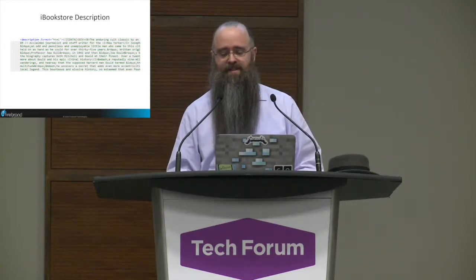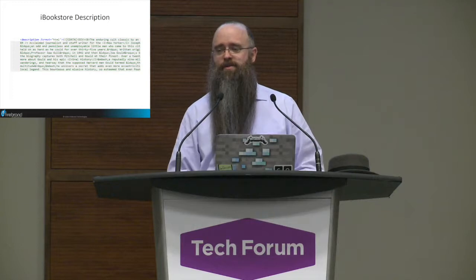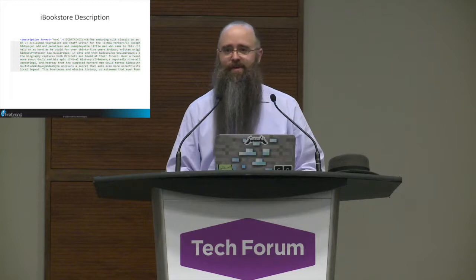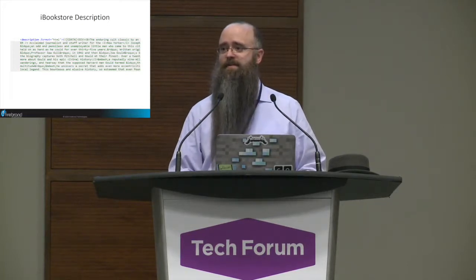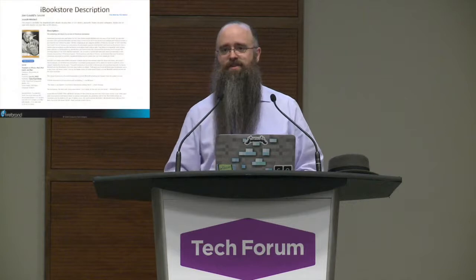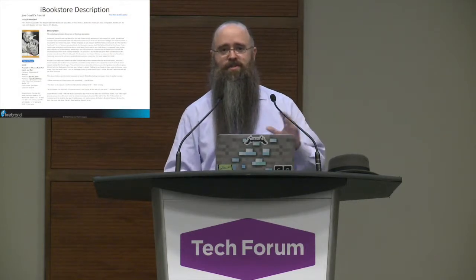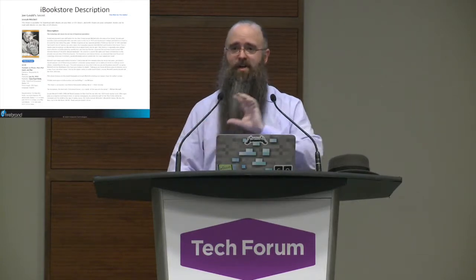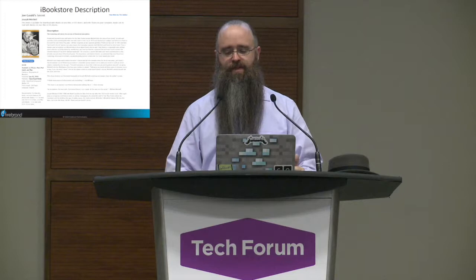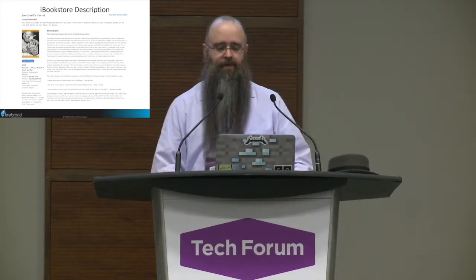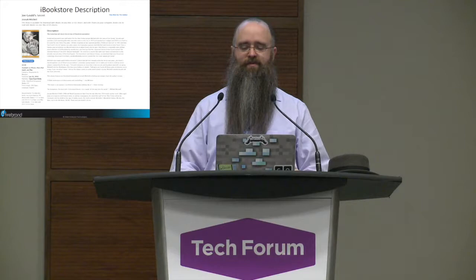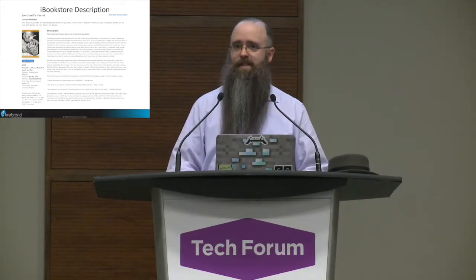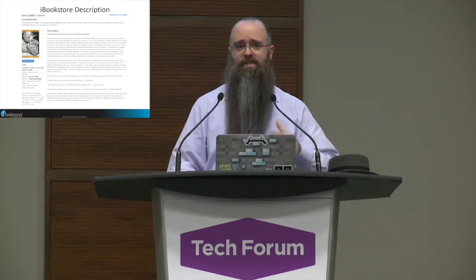So they have their own XML standard, and their XML does not allow you to include reviews or author bios or tables of contents or inside the flap or anything else. They have a description, one single field for description. So you as a publisher, when you're submitting your data to Apple, have to decide how you can combine all of that other text, all of that extra metadata into this one field so that it can all show up. You have to merge it somehow so that you can actually provide some sort of descriptive metadata that's more than just the book description. That's one of those unique things that you'll run into as you're sending your data out